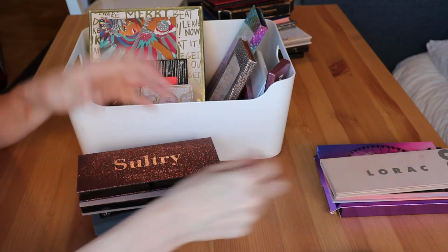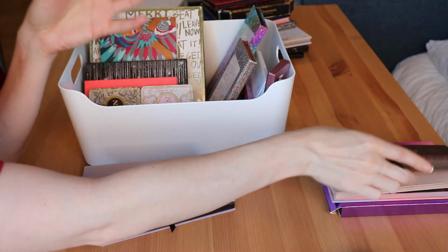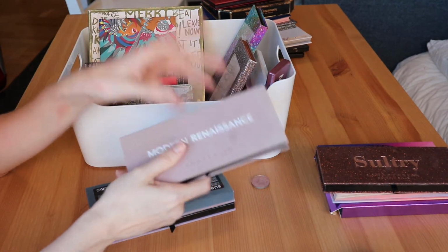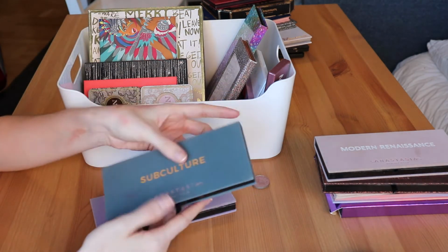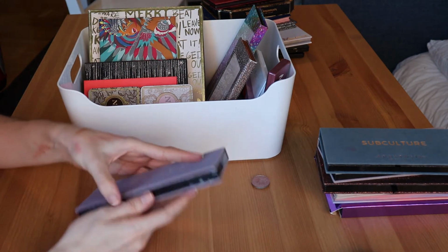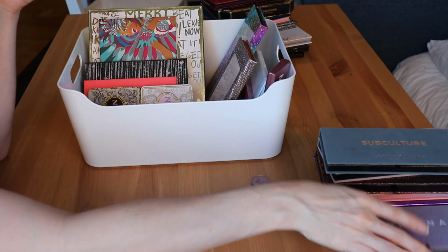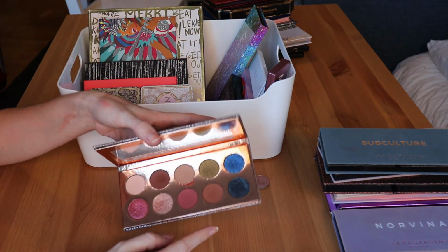Love this palette, staying. Sultry, I want to give it a lot more attention next year. Modern Renaissance, I love to travel with. This is my favorite travel palette, staying. Subculture, staying. Norvina, my favorite palette in my collection at the moment. This one is staying. Another one that I'm going to keep here to use is my Dose of Colors Friendcation